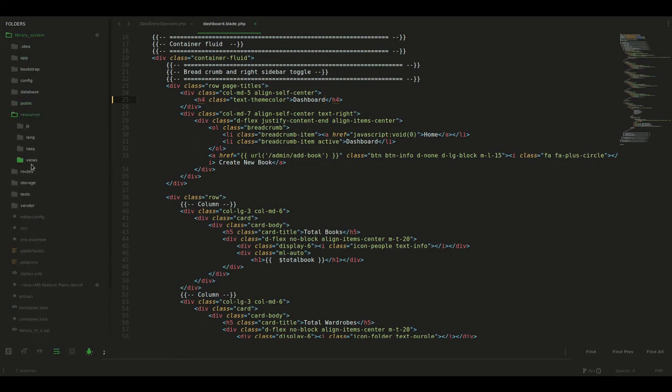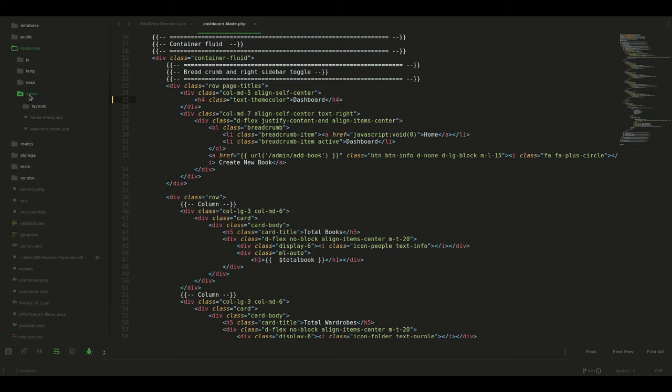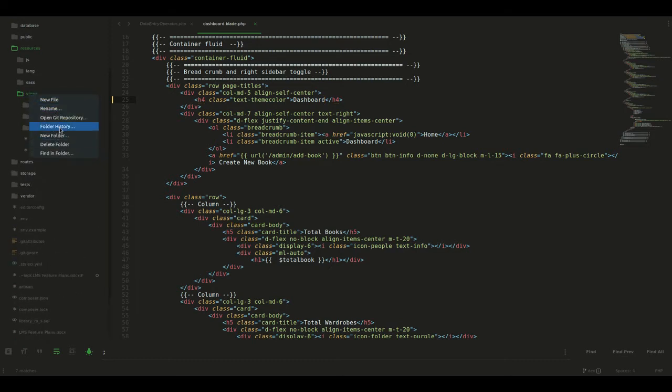Go to the resource views, there is one folder, admin. This admin is basically the data entry admin. Now create another folder, a new folder, and the folder name is librarian.